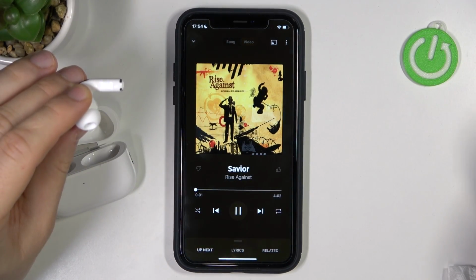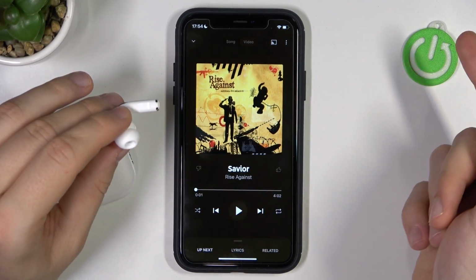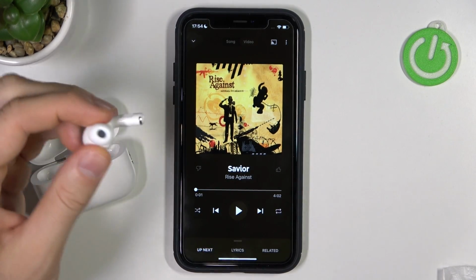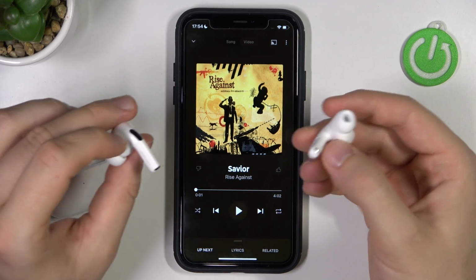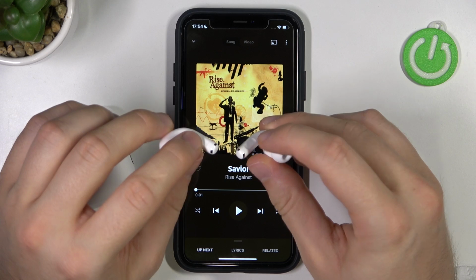2 times. So basically you have to press 2 times to go for another song and 3 times to go for the previous song. And that's how you can make it for the left and the right AirPod on the AirPods Pro 2nd generation. That's the default function. You don't have to change it in the settings, just use this touch control